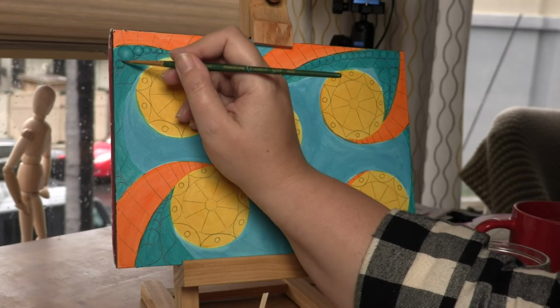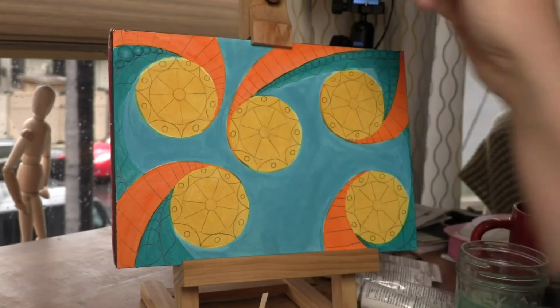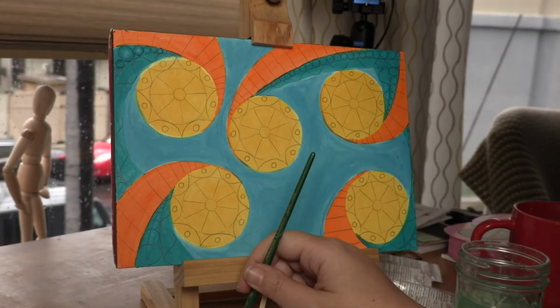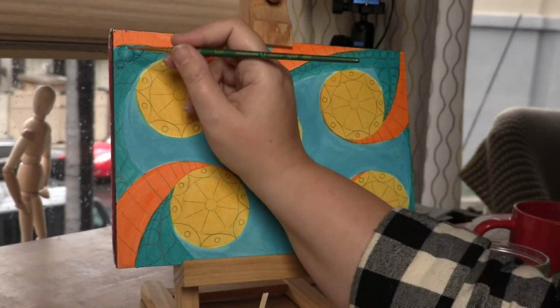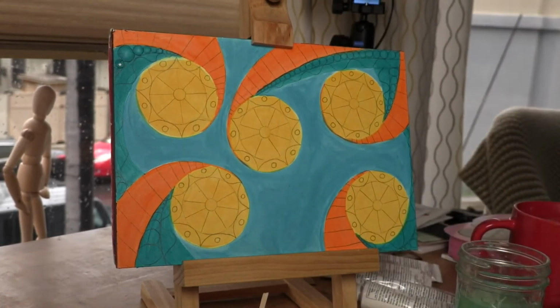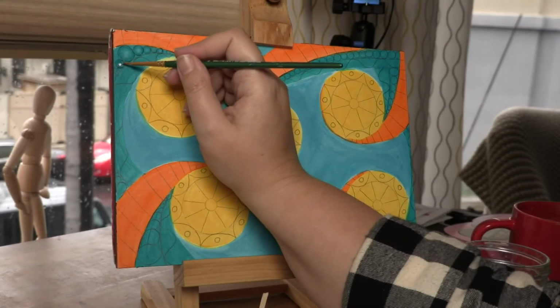The way that one turned out, with the colors and everything, just the dimension it gave. And that one was done with acrylics as well. Sometimes I do watercolors. So it's posted which ones are watercolors, which ones are